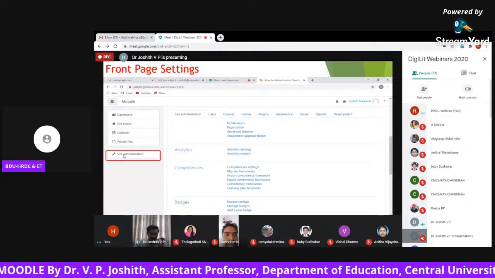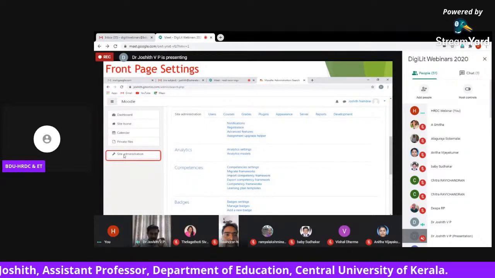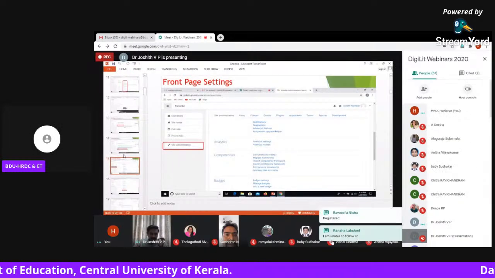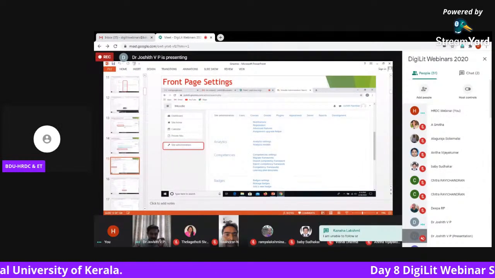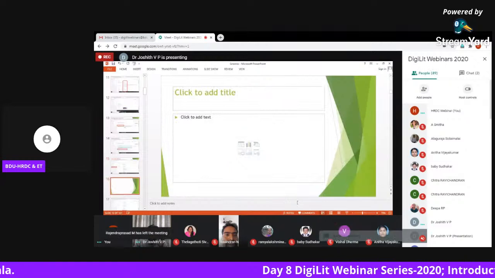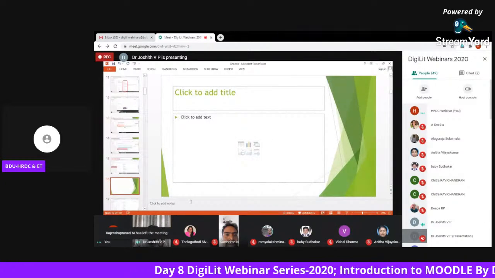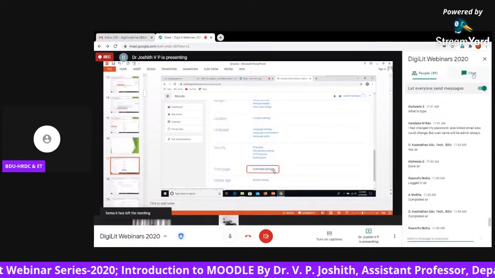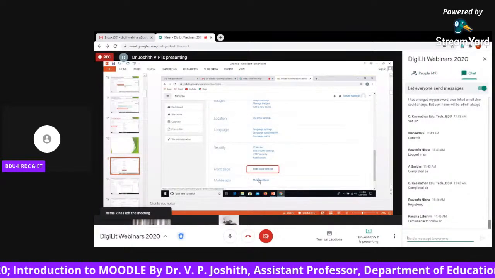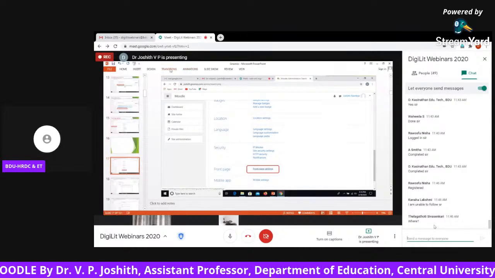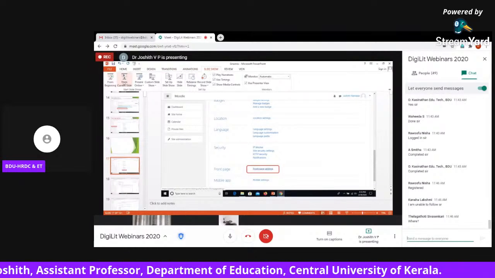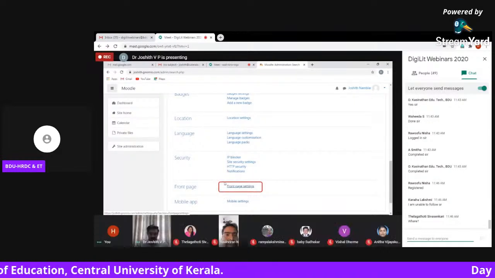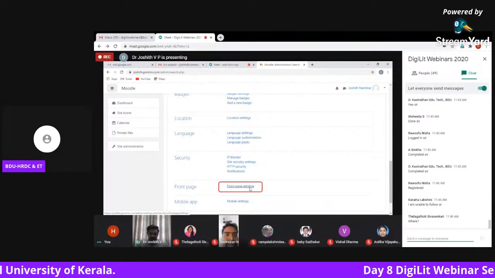So first, we click on site administration, scroll down, and you will see front page settings. Click on front page settings.